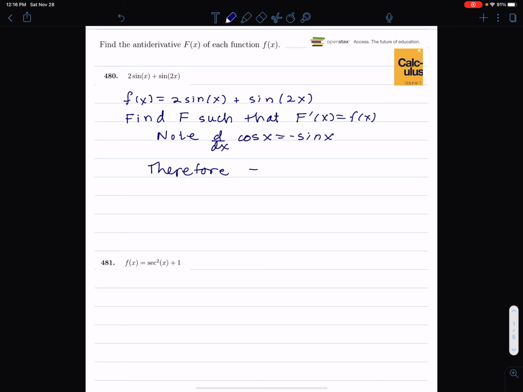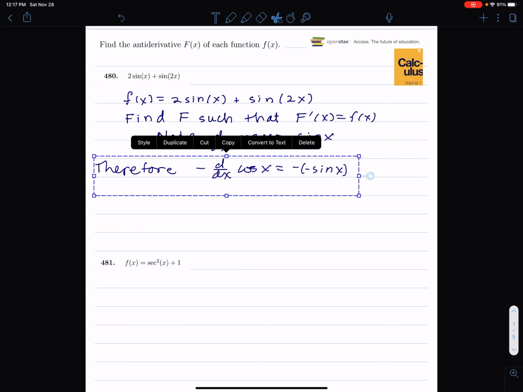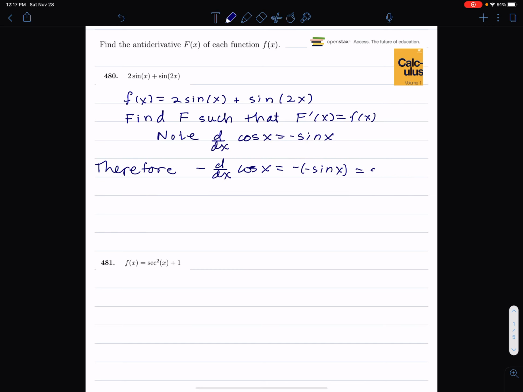if I multiply by negative 1 on both sides, I get negative d dx of cosine x is equal to, so what am I doing? I'm multiplying just what I wrote above by negative 1, negative sine x, and those two negatives cancel out. I sort of don't even want to write the negative, just write sine x. So,